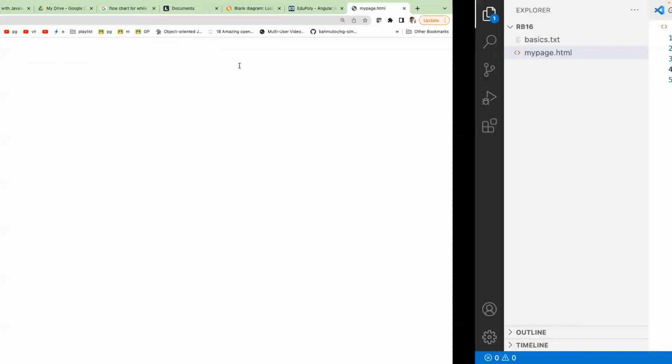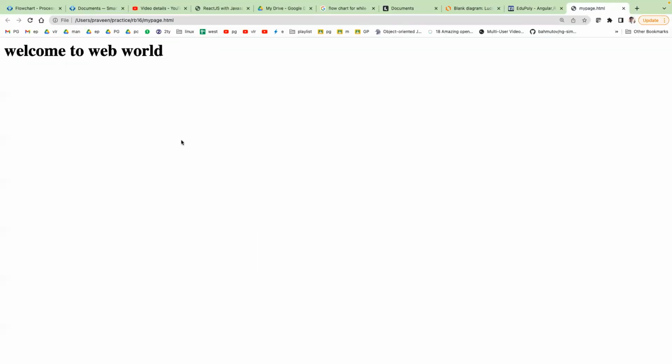So save it and see the difference. Is there any difference? No. But when I move my mouse on this, you can see the difference. Yes, there is a difference. That means now you are getting a tooltip. This is called a tooltip. Here, HTML, CSS, and JavaScript.